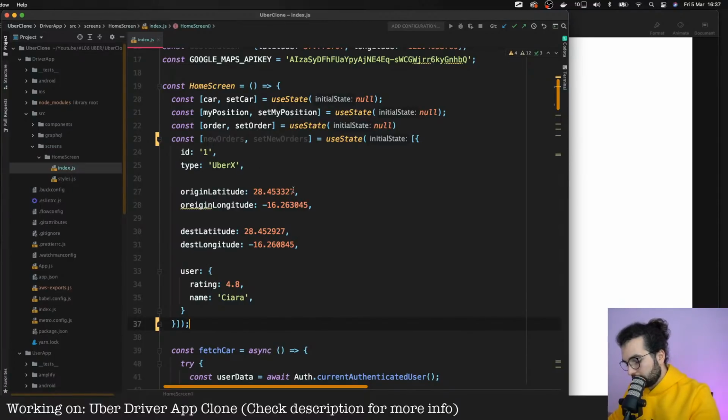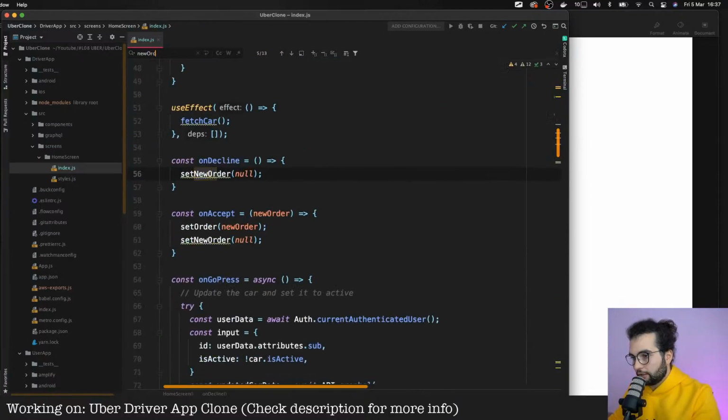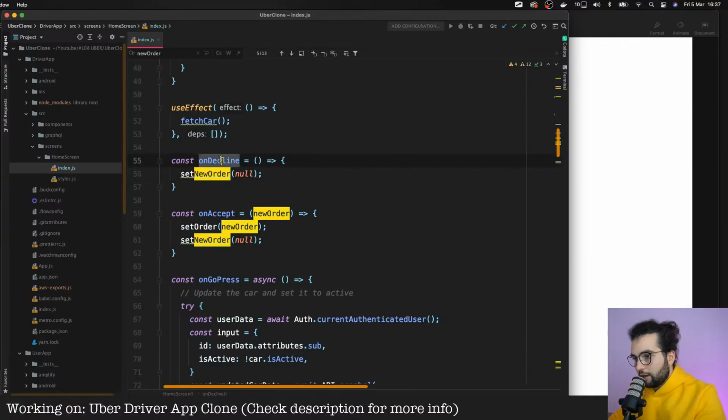And let's find where we're doing new order. On decline, we need to remove the first element from this array, because we are declining only one order.